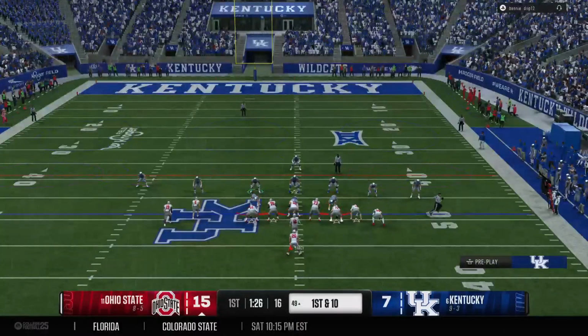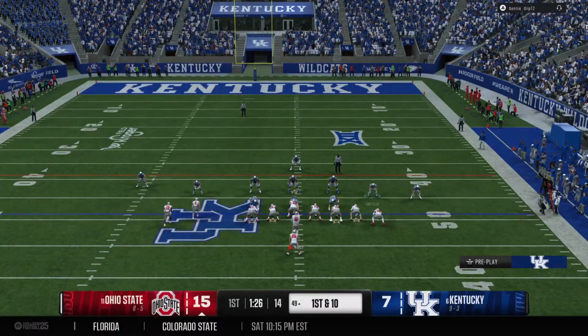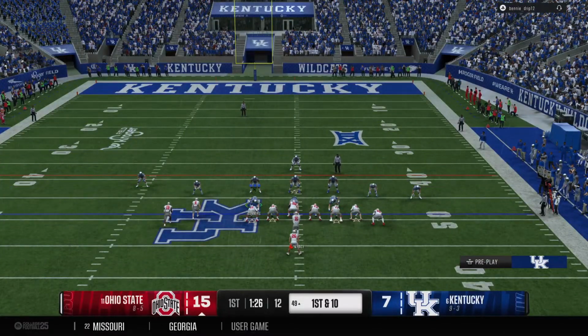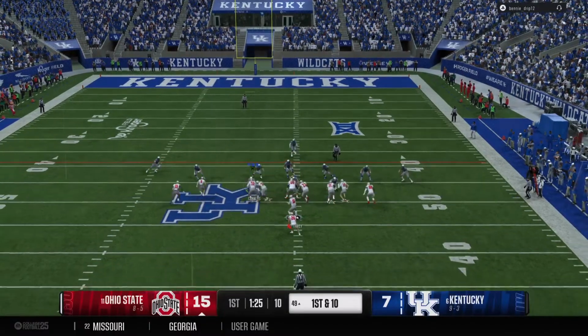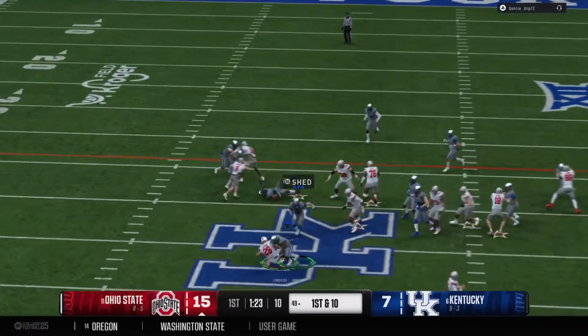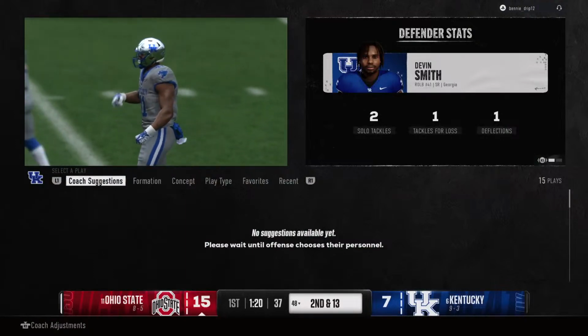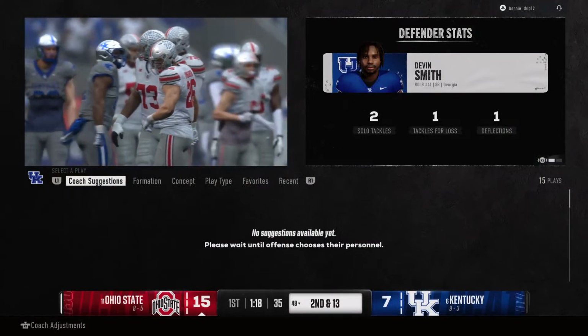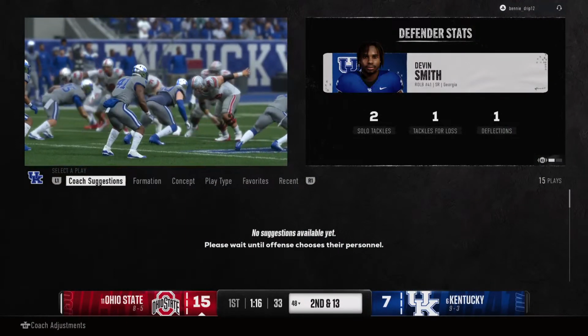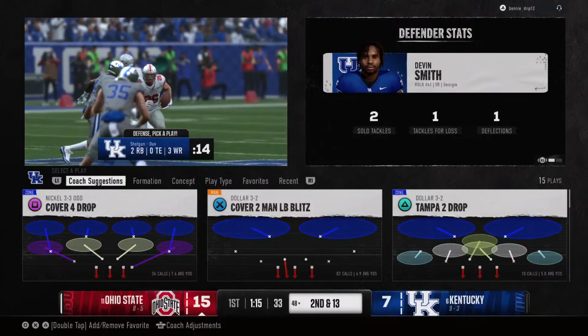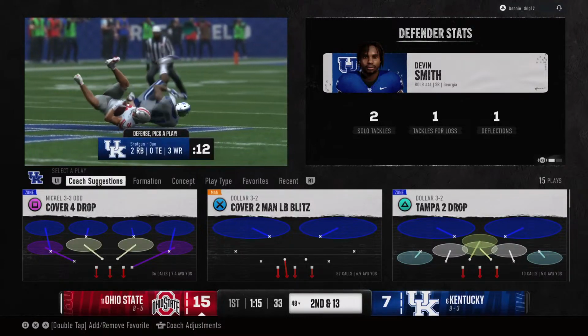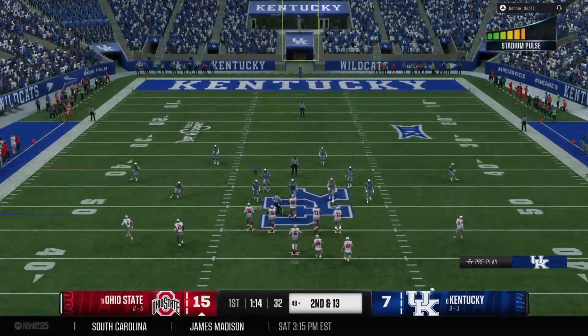Here comes the powerful Buckeye offense back onto the field. They were able to punch it in the end zone last time, looking to do the same thing here to see if the defense can make adjustments. Goes backwards, losing 3 yards there. Well, the back just had nowhere to go. How about the defensive line? They eat up all the blocks up front, freeing those linebackers up to be able to make the play. Just a bad play all around for this offense.